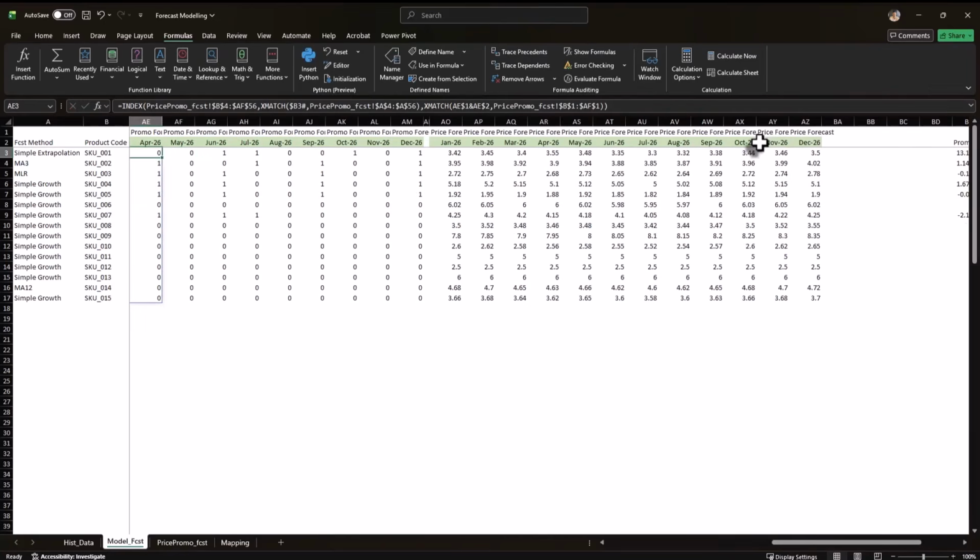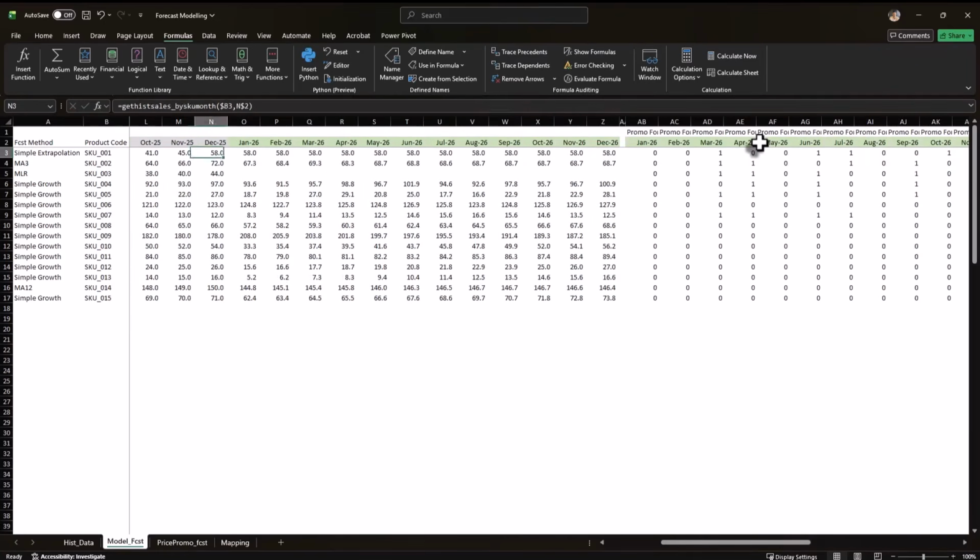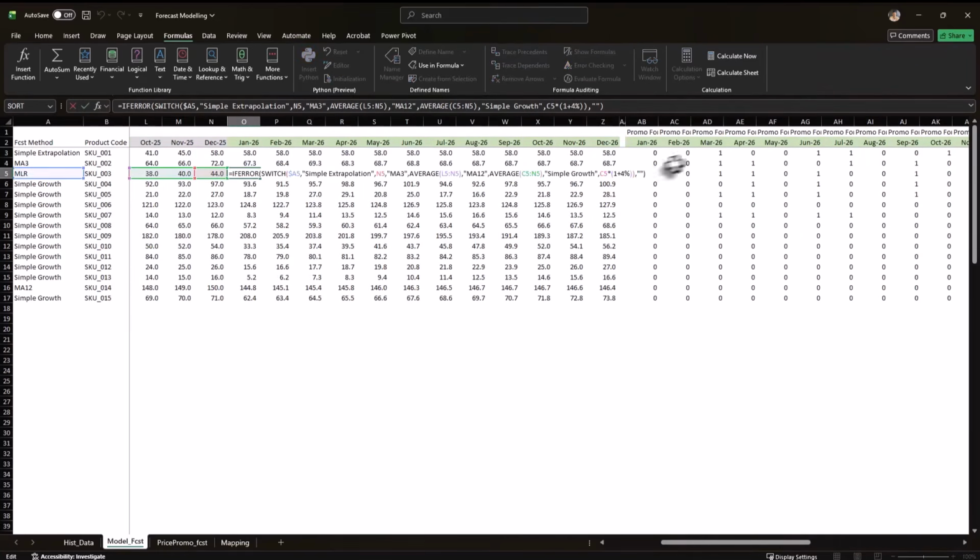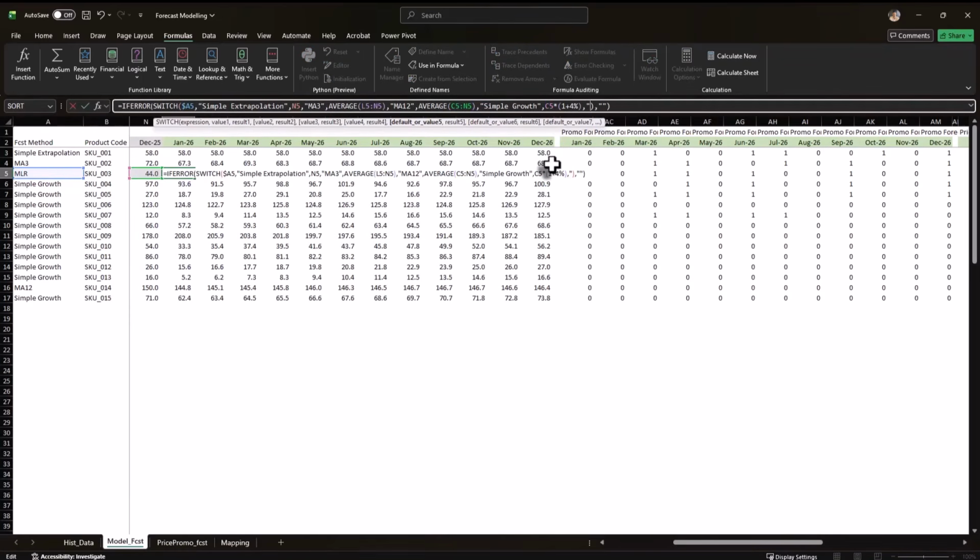Using these values for baselines and coefficients, we can calculate the forecast using multilinear regression. To do that, I will go into the SWITCH statement, which we had set up before. I will add an extra condition in the SWITCH statement, which is going to check if the selected forecasting method is MLR or not. And if it is MLR, what do I want the function to do? I want it to take the baseline, which is over here,